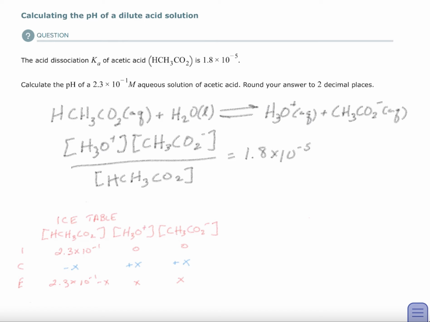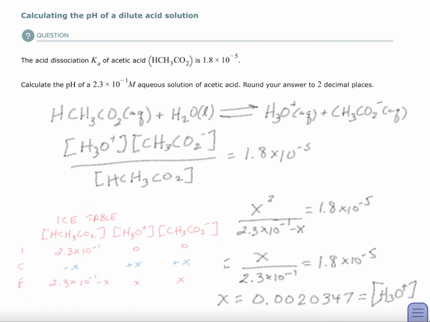Now this is in equilibrium, so I do have to do an ICE table. It's not a hard ICE table because it's balanced and it's a 1-to-1-to-1, and the acetic acid is going away and my hydronium is being made, so that is my X. So in equilibrium, I've got 2.3 times 10 to the negative 1 minus X, and then X and X. And I'm going to put those values back into the expression to see what I can come up with. So I've got X squared here, since hydronium and the conjugate base are both X, over 2.3 times 10 to the